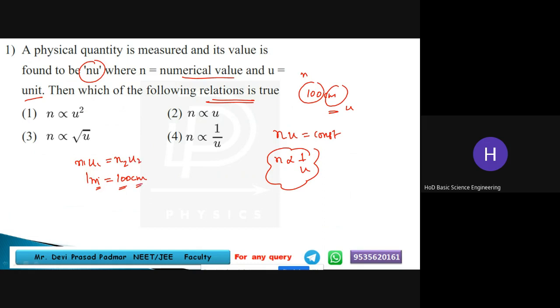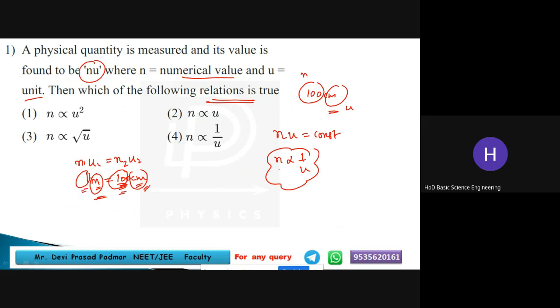So just look at this. Meter is the larger unit, known as the SI unit, and centimeter is the CGS unit, the smaller unit. Now, if the unit is smaller, the number will be larger. Centimeter is the smaller unit, so the number we write along with that unit will be larger. Meter is a larger unit, but what about this number? Compared to this 100, it is smaller, right?